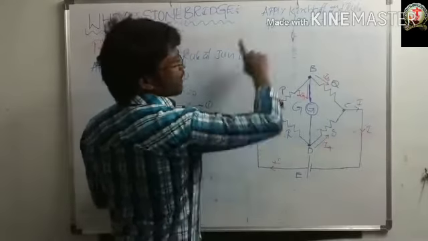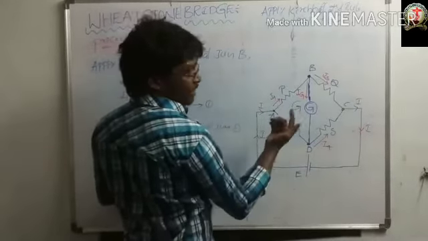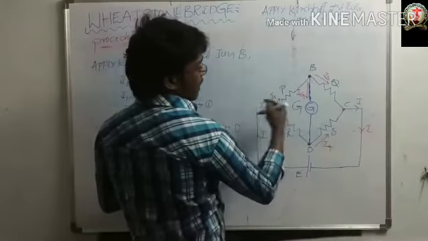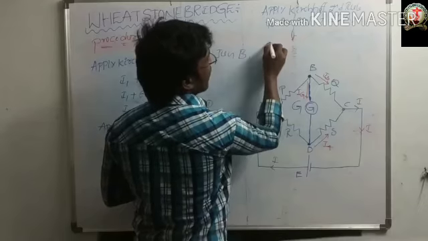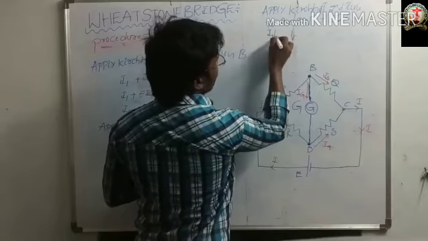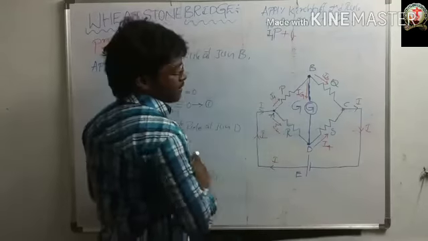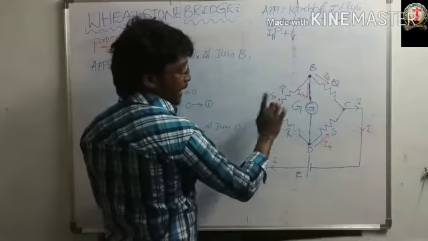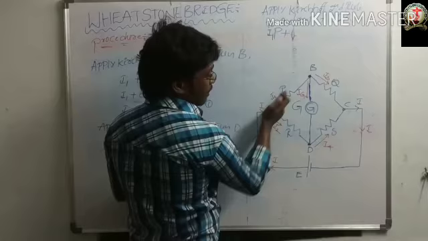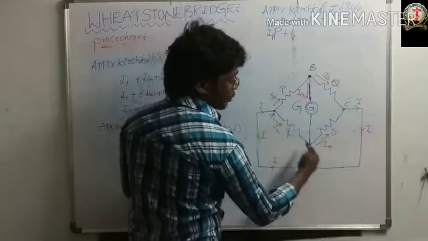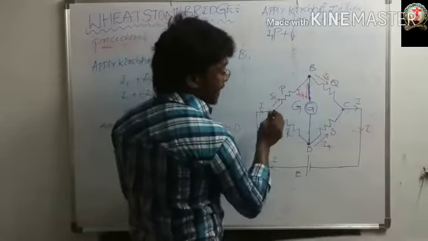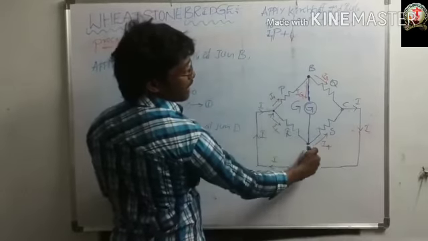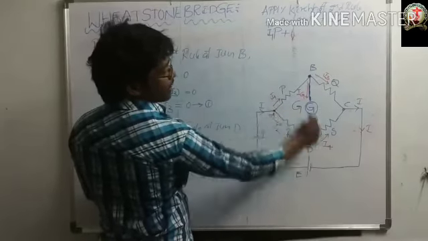From the definition of Kirchhoff's second rule, what is the definition? Algebraic sum of product of current into resistance. Correct? So here, the product of current into resistance, I1 P plus the same. First of all, you can take the current direction. What is the current direction here? This one, and this current is moving here. But what is the loop direction? Loop direction A, B, D, A: A to B, B to D, D to A. This is the loop direction.